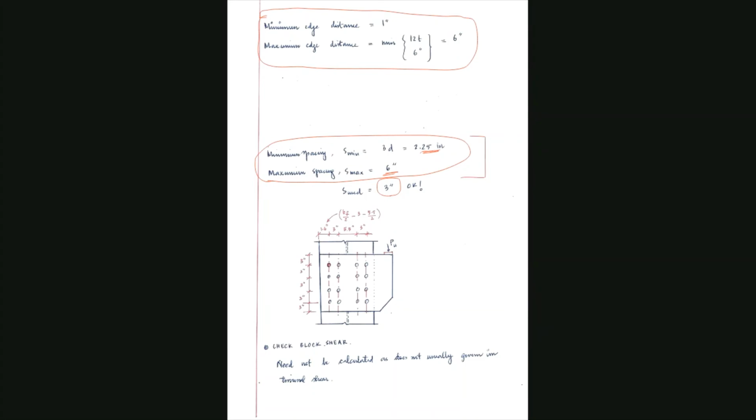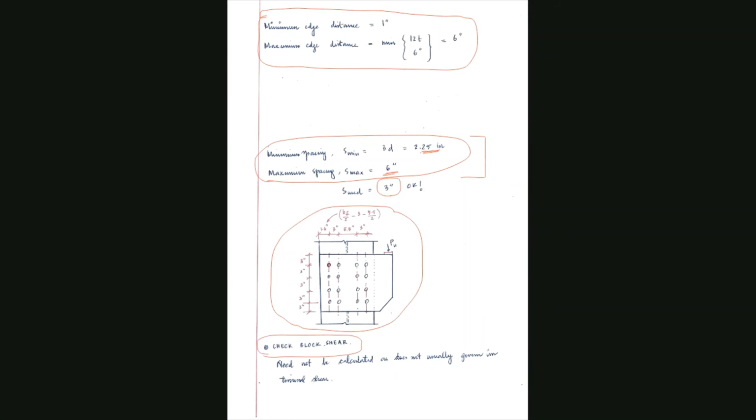And then finally you do the detailing. After you have calculated the number of bolts, you can draw a diagram with all the detailing, that you have 4 bolts per vertical line, and then you have taken the separation, and this is the edge distance, and you can just draw a diagram showing all the details. Okay, now